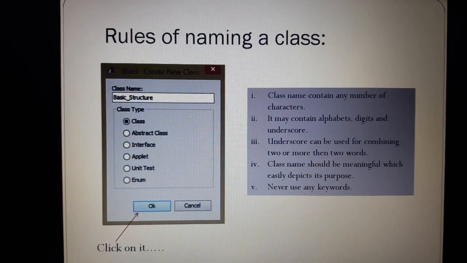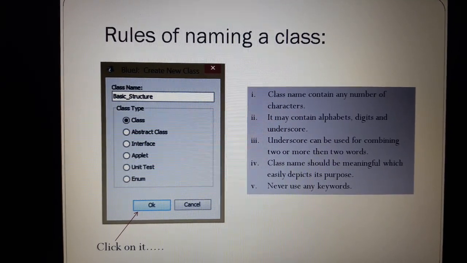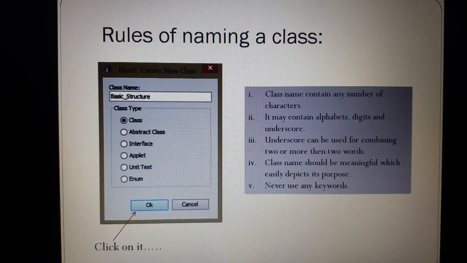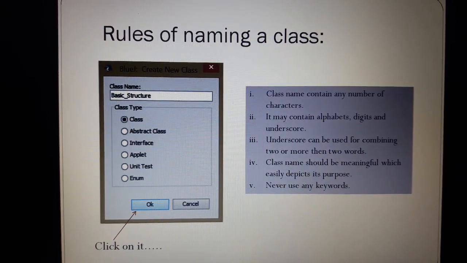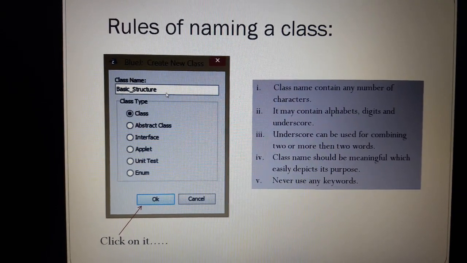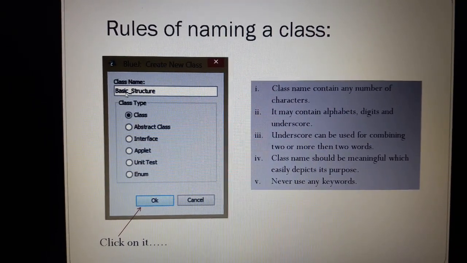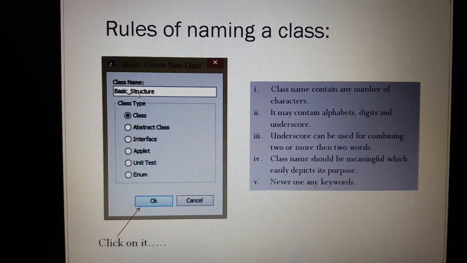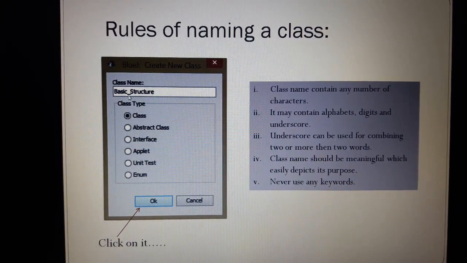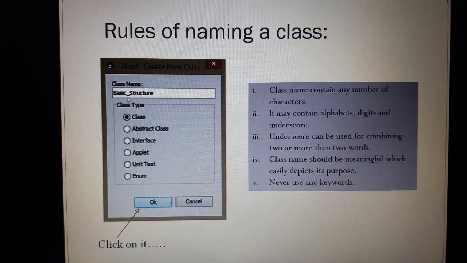The third point, see, underscore can be used for combining two or more words. See, I have already written here basic structure. Basic structure means two words. I'm combining both the words with the help of the underscore sign.